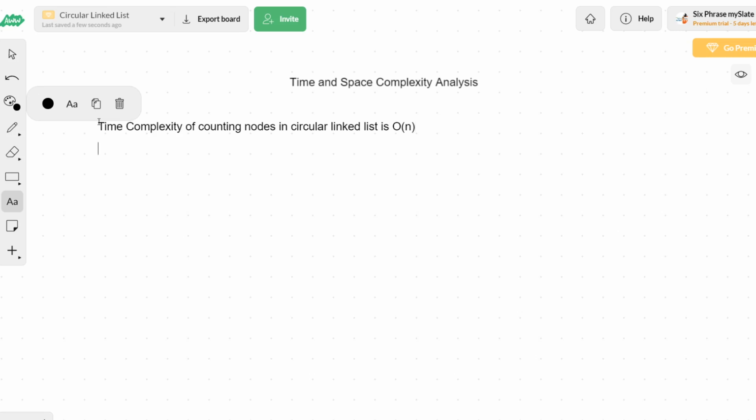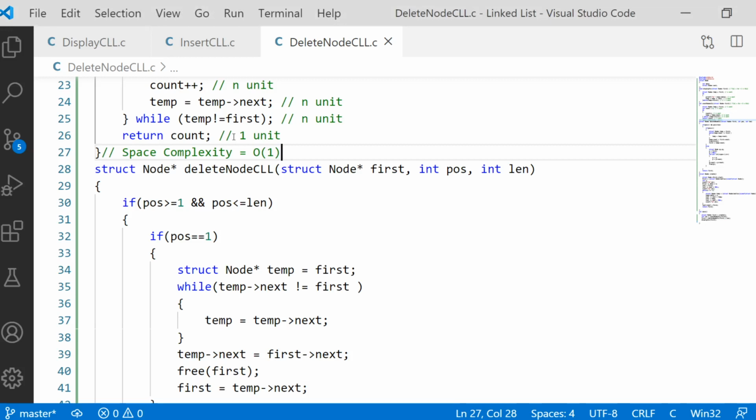The space complexity of counting nodes in circular linked list is order of 1, constant space. Fine. Similarly, we will also try to find the time and space complexity analysis of delete node in CLL. So let us take the time function T of n.